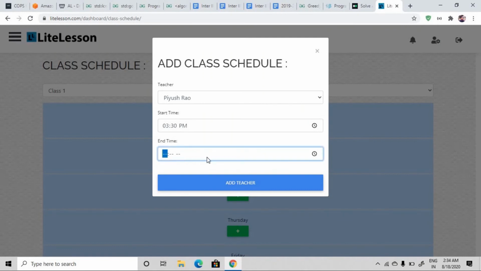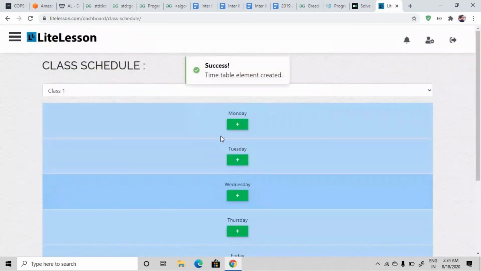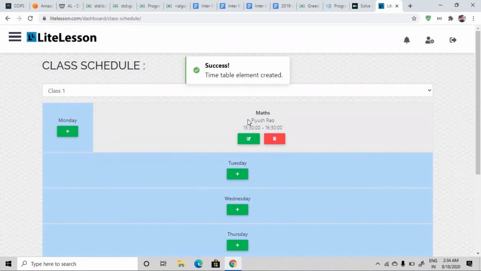It can be also created by your custom like 4:30 PM. Click on add teacher, so you can see that teacher name, that subject name and the timing is created for the day Monday. You can also create another,